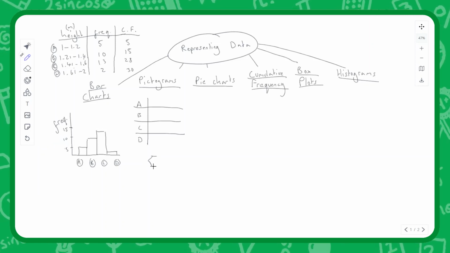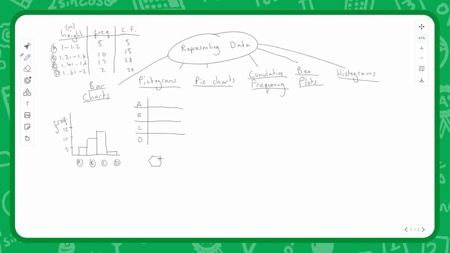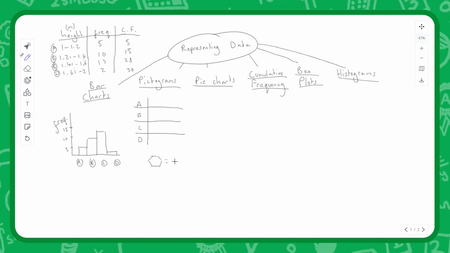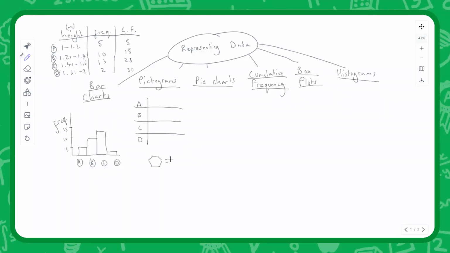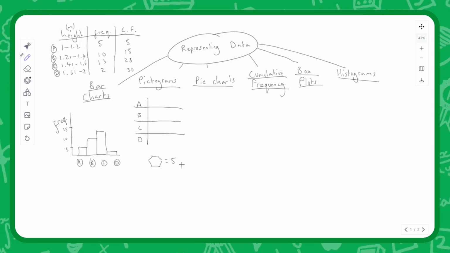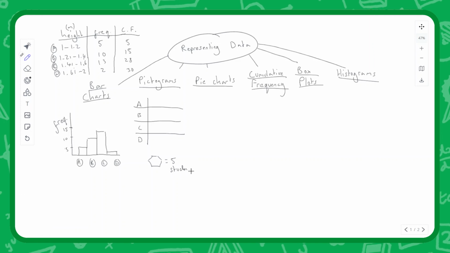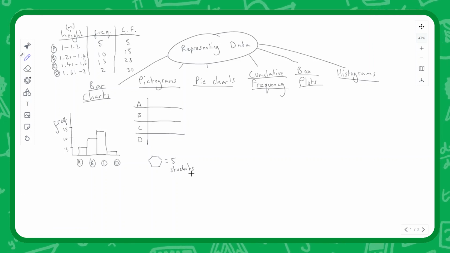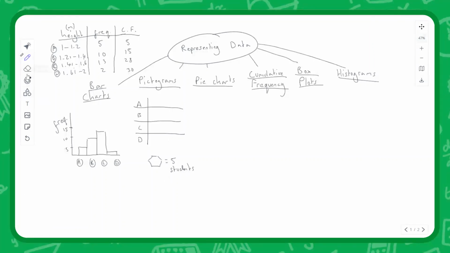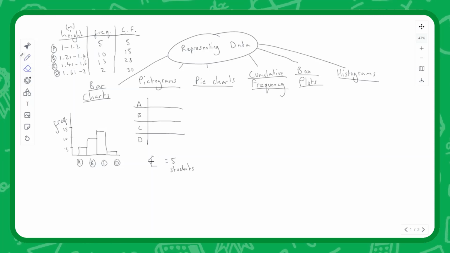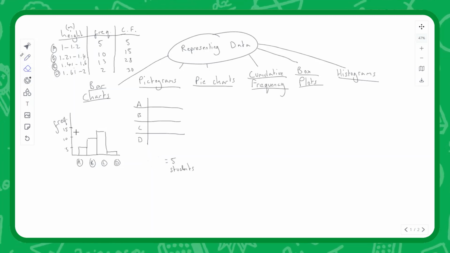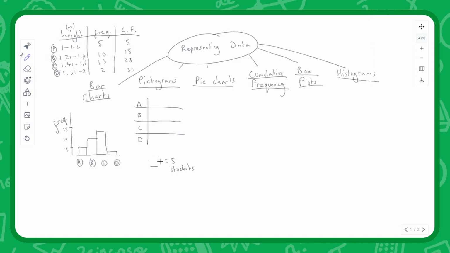Let's say a hexagon represents 5 students. I may or may not regret this. It equals 5 students. I'm going to turn this into a pentagon. It's going to be nicer as a pentagon. So if we know a pentagon is 5 students,